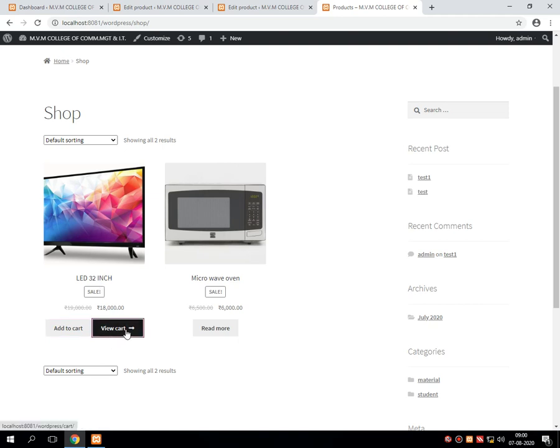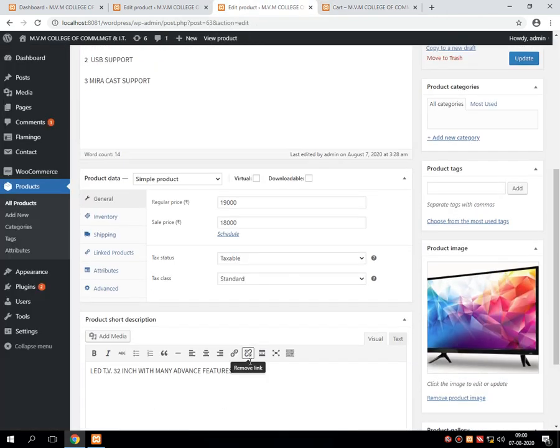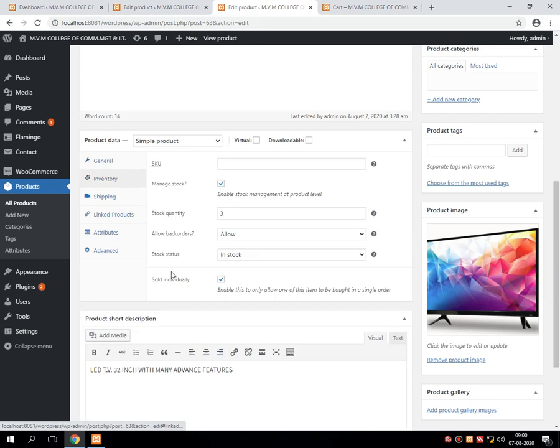I'm going into the view cart. As I have selected individual selling, by default it will display a single quantity at the time of selling the product.